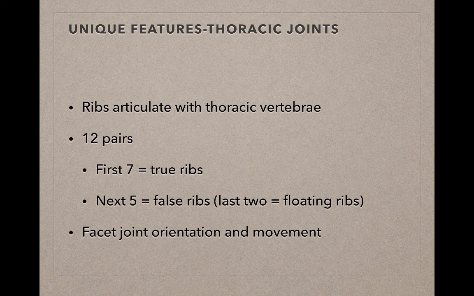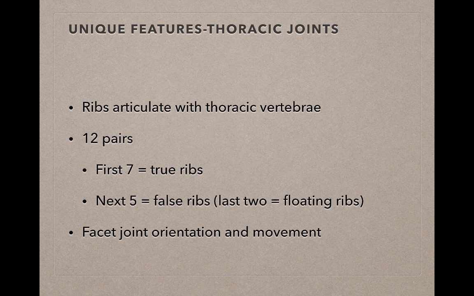At the thoracic spine, there are two synovial joints that are formed by the ribs on each side of the thoracic vertebra. There are 12 pairs of ribs, and there are muscles that connect these ribs and help with inspiration and expiration. The first 7 pairs of ribs are referred to as true ribs because they actually connect to the sternum. The lower 5 pairs are referred to as false ribs because they attach to each other via the costal cartilage,